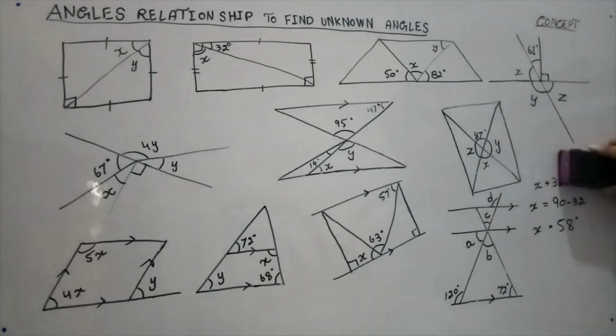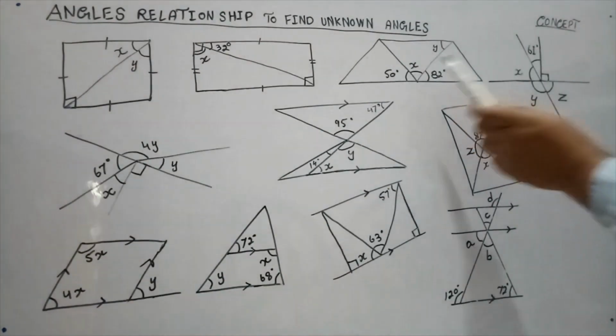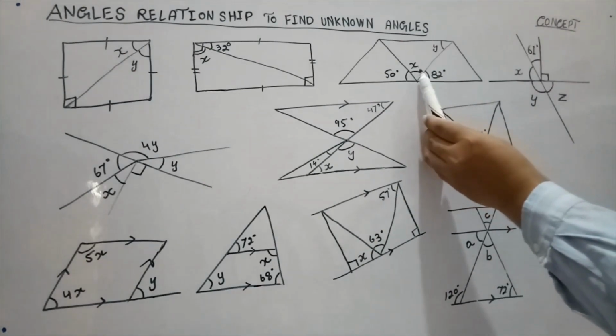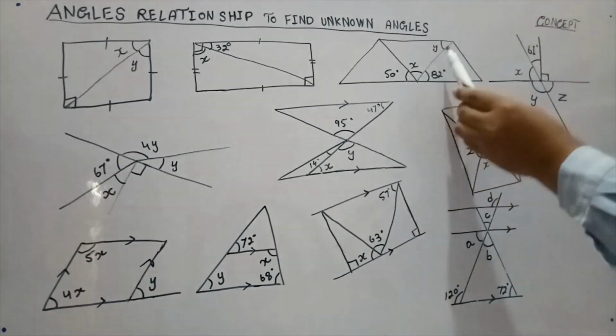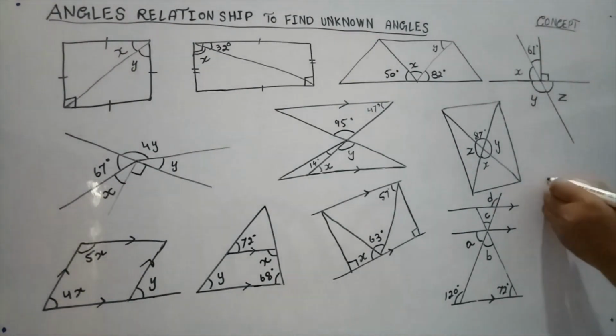Now we will see our third part, this one. Here you can see that we have to find angle X and angle Y. So let's see. First of all, we will find angle Y. If I redraw this shape here,